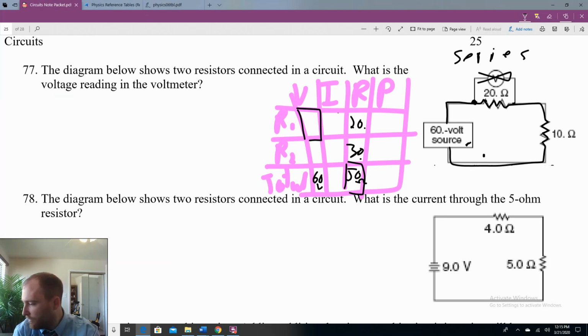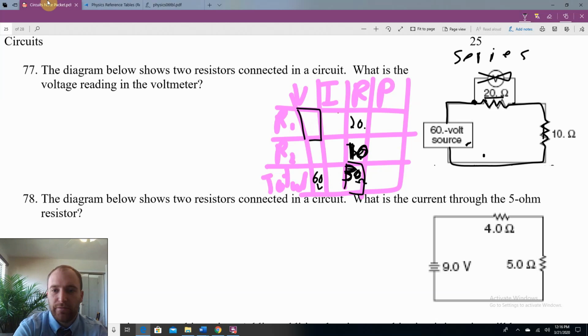Okay, now from there, what did I do wrong? Oh man, I'm sorry everyone. It was a 20 ohm and a 10 ohm. And then the total is 30. I apologize for that. Okay, so from there,